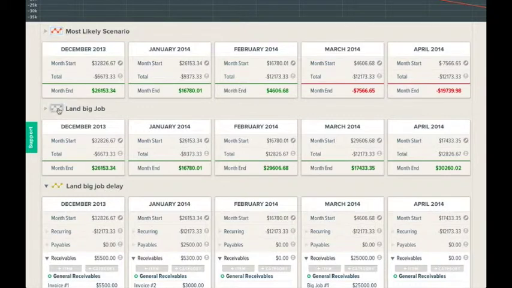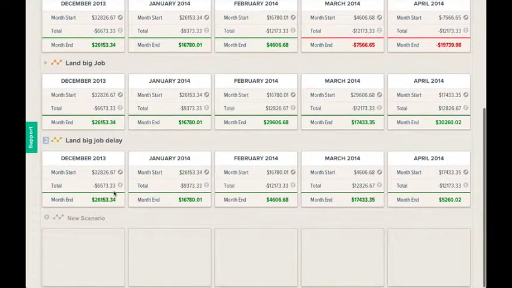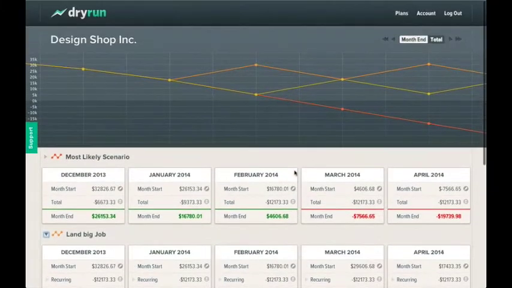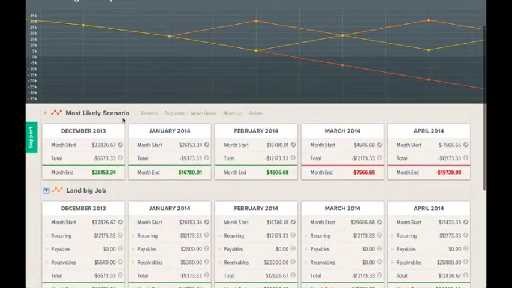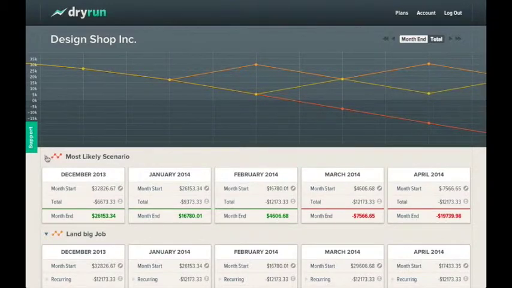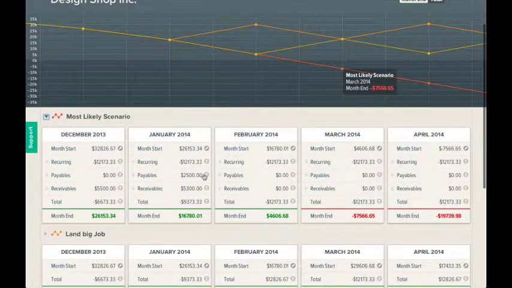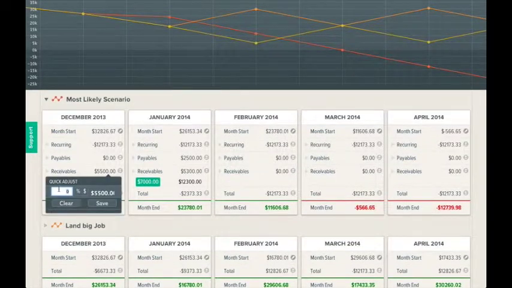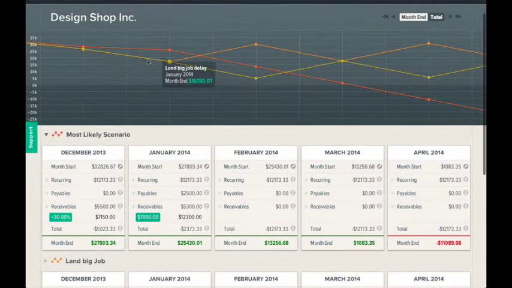Now there's one other thing I'd like to show you to help you get started, and that is these little plus minus signs beside our main line items. Beside recurring payables, receivables, and even our total, we call these quick adjusts. So let's say we want to go to our most likely scenario and ask, how much money do we have to land to try and keep us in the black here? Let's say we think we can sell $7,000 worth of business and get paid. What if we could get our receivables up by 30%? We can do this by percentage too,